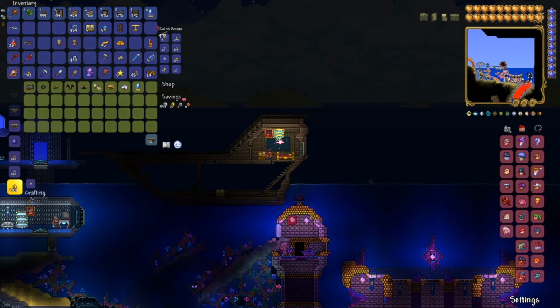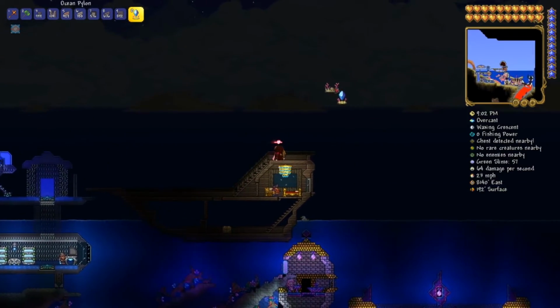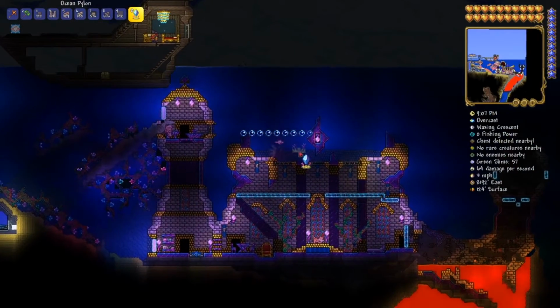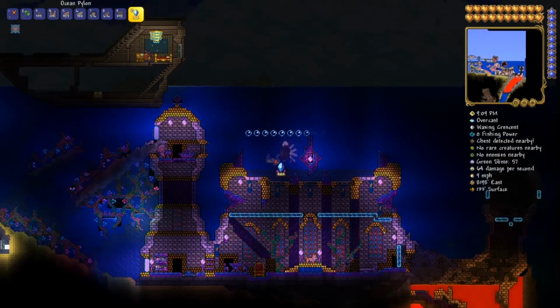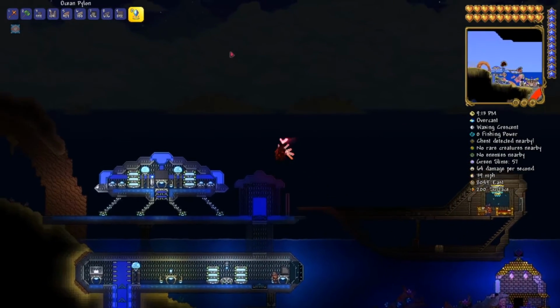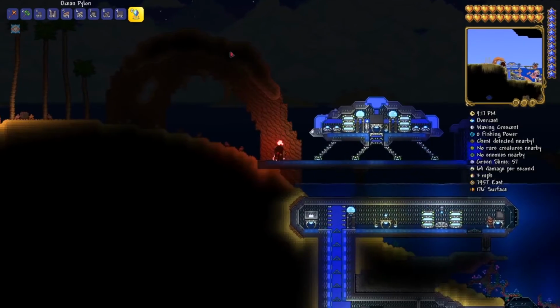And finally, by placing the pirate living there, we get NPCs close enough together to finally generate the teleporter, the ocean pylon. And with the ocean pylon now in hand,